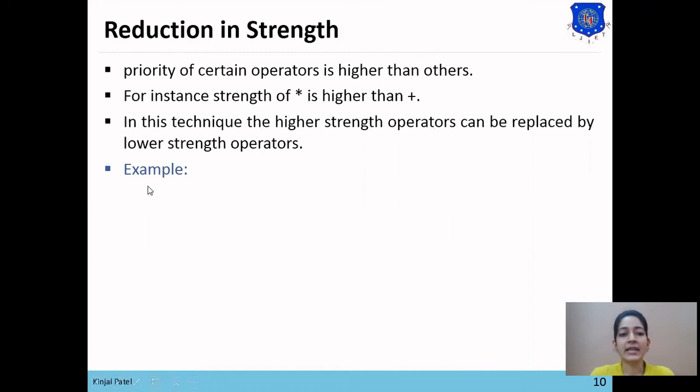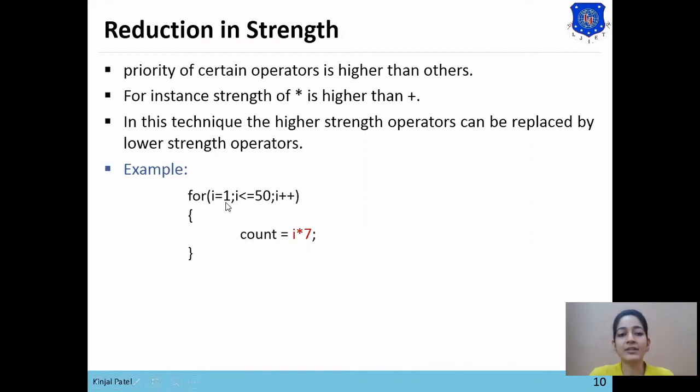So here is the example: for loop, for i equals 1, i less than or equal to 50, i plus plus, and count equals i multiplied by 7. So for i equals 1, count is 1 multiplied by 7, so count will be 7.